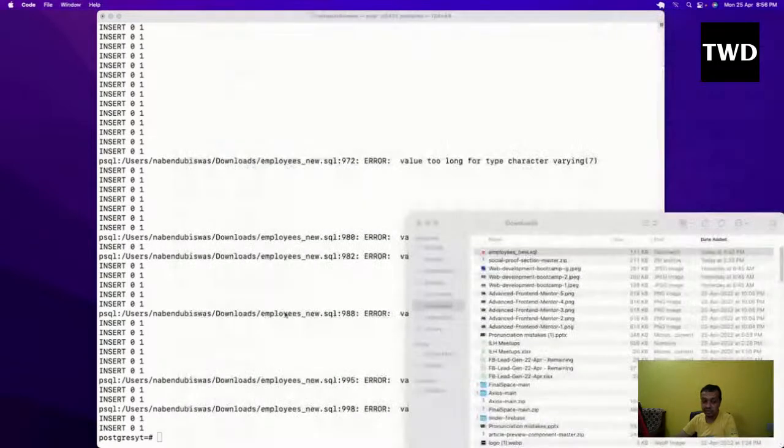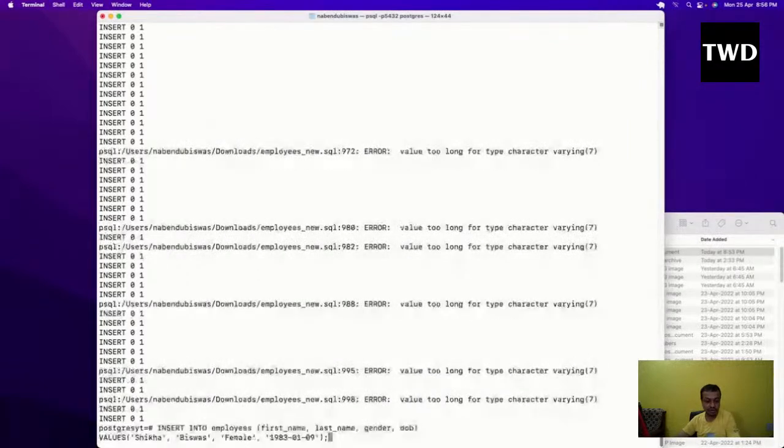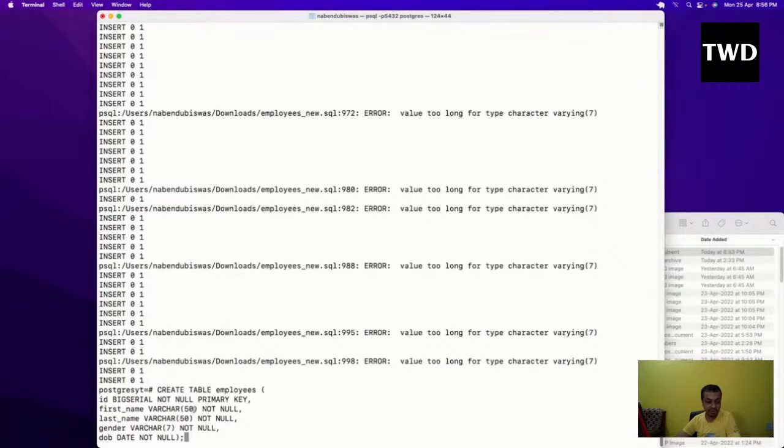When I was doing this create table, I created it with 7. I didn't know that there is something more than male or female and other genders. But in European law, it is very important. So now what we have to do is drop this table and update it. So I'll do a drop table